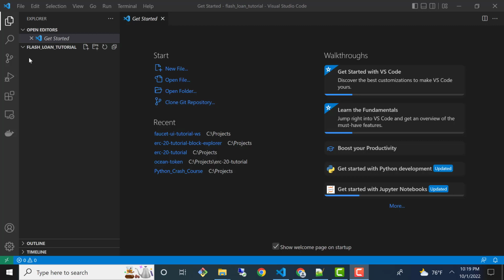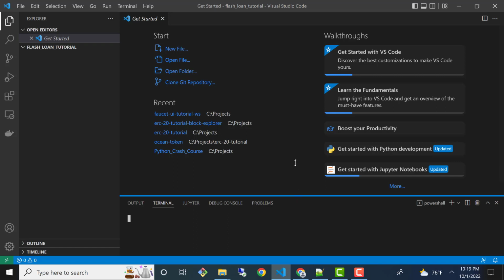All right, guys, so now for the fun part, let's go ahead and start coding our contract. So I've created a folder called Flash Loan Tutorial, call yours whatever you like. I'm using Visual Studio Code, and I'll be using the Hardhat framework for scaffolding my project and deploying my contract. All right, so the first thing I'm going to do, I'm inside this folder, I'm going to open up the terminal,